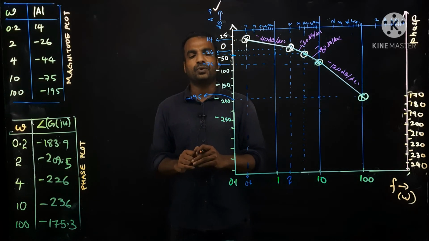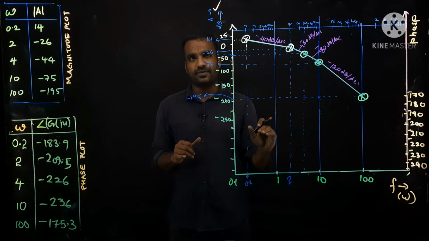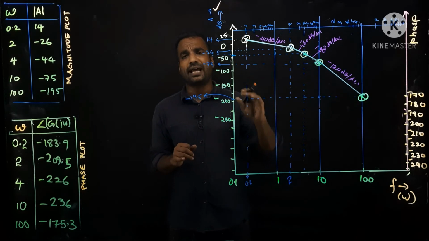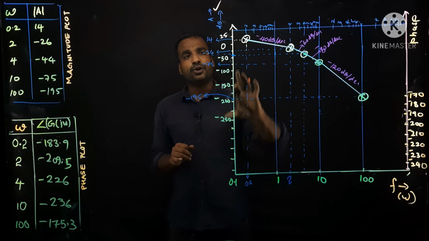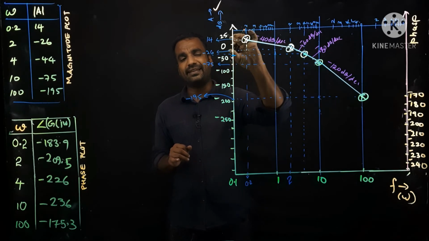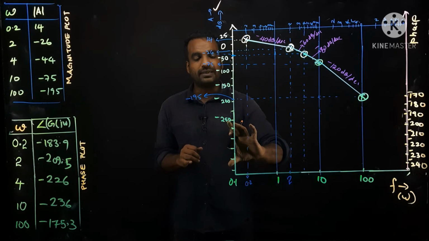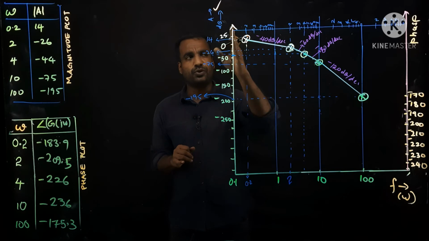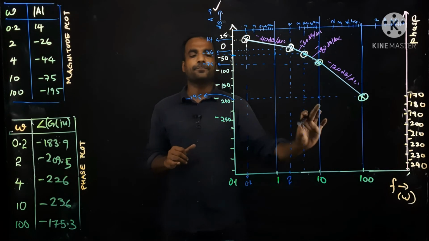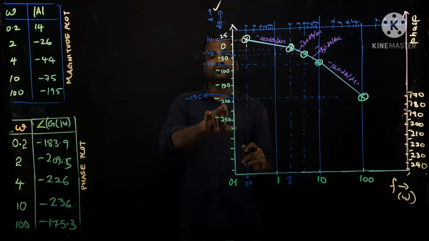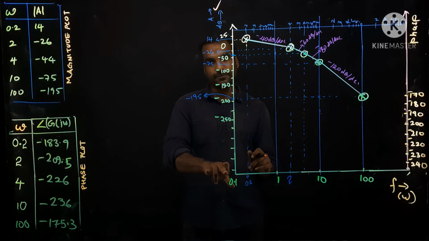I think it's clear. So if you are planning to draw both the plots, or the question asks you to draw the entire Bode plot, then it is better to take a higher scale, so that some space will be blank on the x-axis. Even though you have completed the entire magnitude plot, you should have some space blank. That's why I stopped at minus 200, minus 250 here. Otherwise I can extend it up to this point.